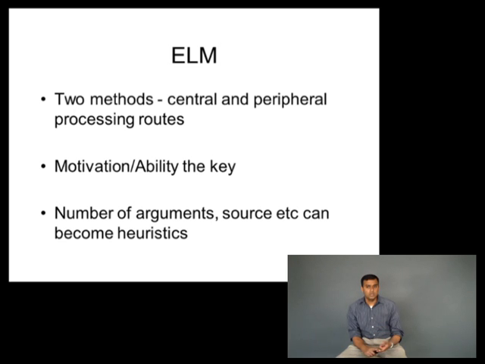And there are various ways you can use a peripheral cue. You can use number of sources, you can use source, you can use music, you can use brand logos, okay? And those can be computer heuristics. And so that's it for today. And hopefully you will read up the note and find out different other conditions where the elaboration likelihood models